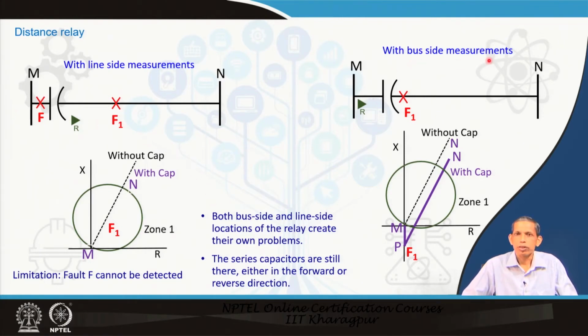Now, if you go to the bus side measurements, which you usually do and which we have discussed till now in general, the relay will be positioned here, and the voltage measurement is the bus voltage, and the current is that of the line. In that case, in the forward direction of the relay, the capacitor comes into the picture. So, in the fault loop the capacitance will be there, and if the capacitor is in the fault loop, the equivalent reactance becomes minus j Xc. If the capacitor is bypassed in the fault loop, then there is no capacitance.